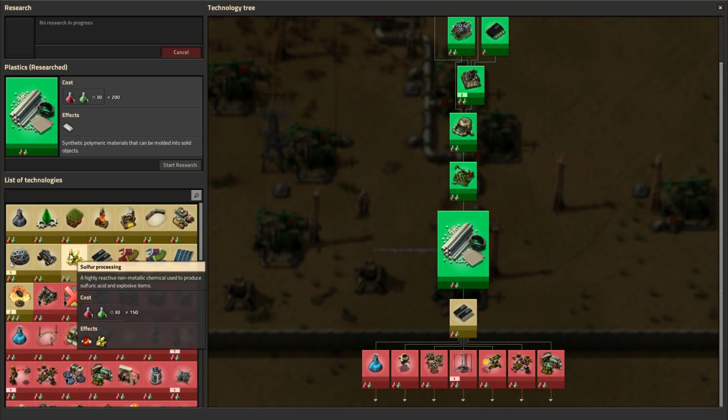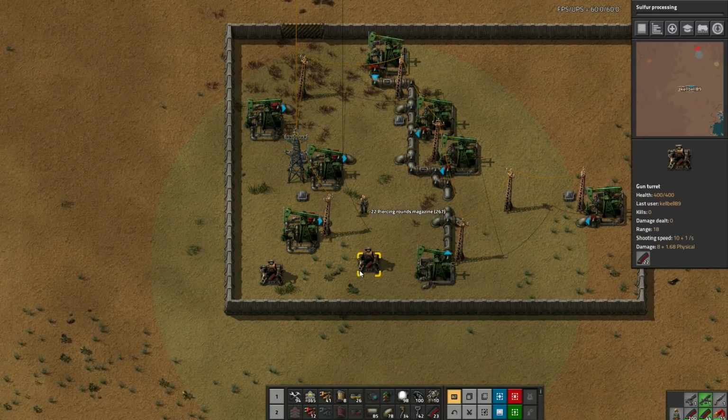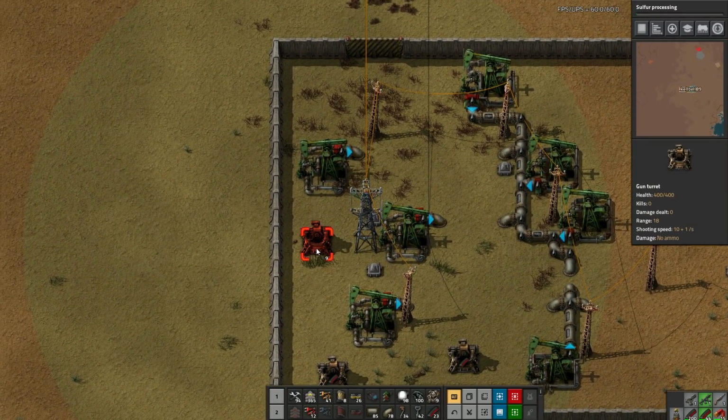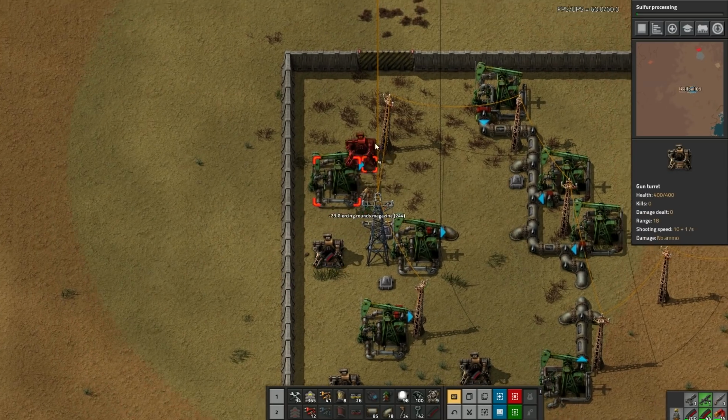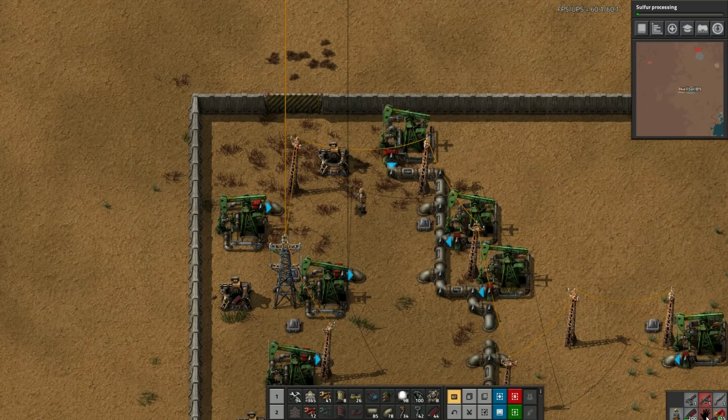So I want to start researching sulfur next. So between plastic, that will go into red circuits, and red circuits are needed for blue science and stuff like that. Sulfur is essential to sulfuric acid, so that's very important. And that is 150, so that's a little bit cheaper than the plastic was just a second ago. But let's keep equipping this, and then I think once we get back to base, we'll do a very primitive